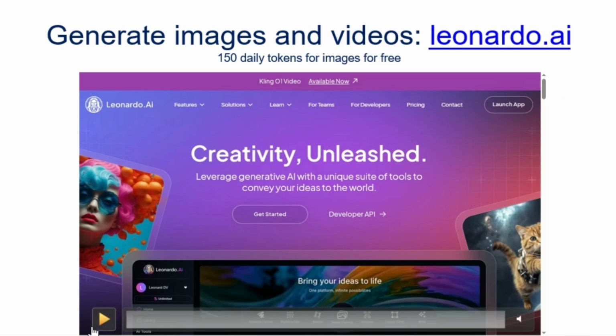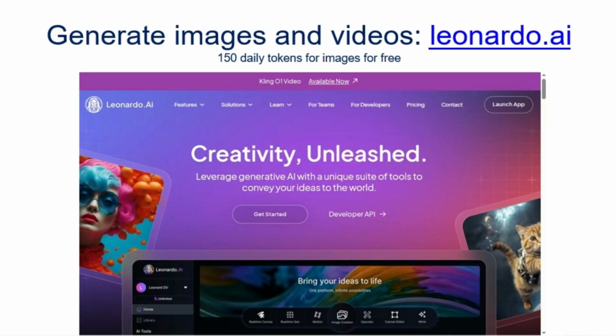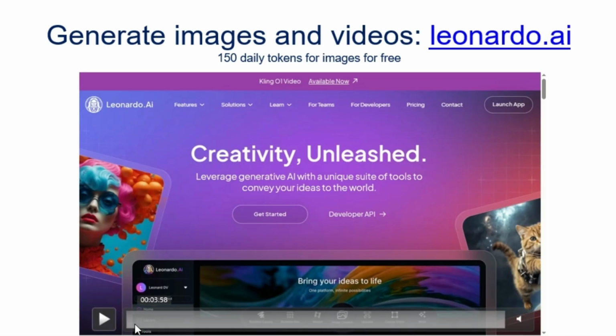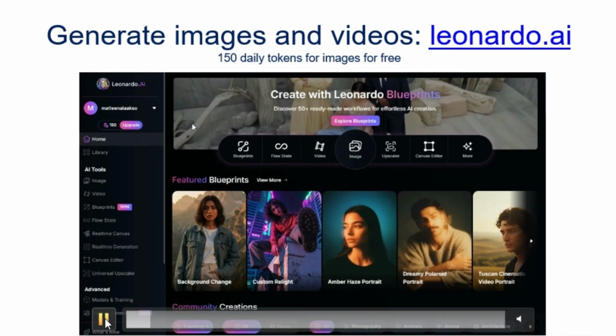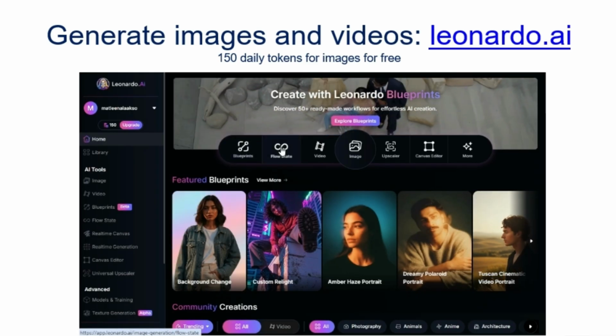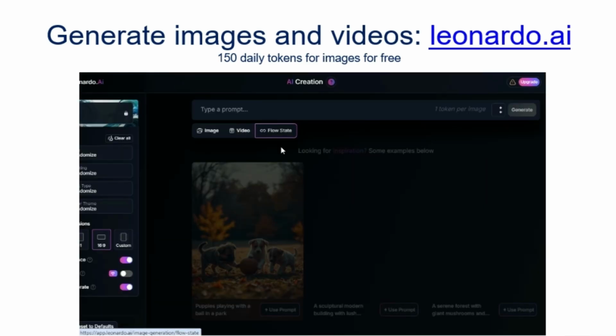Here you can see Leonardo. That is one tool that you can create images and videos with. You can just keep using ChatGPT and Copilot, but that is one possibility if you want a little bit more features. When you sign in, you get daily tokens, and here I will choose the flow state.